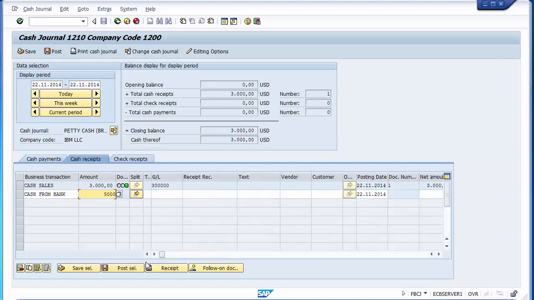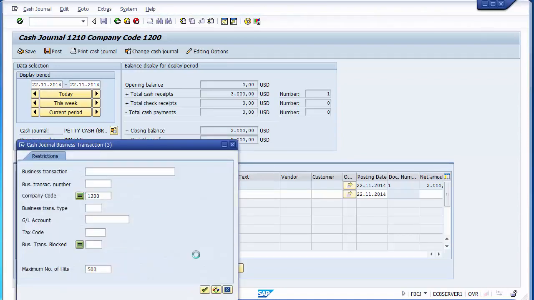But now when you click onto the enter, you will see that this GL will not update over here. There is a reason behind it. As said, in cash sales we have already defined the GL in the configuration, but in bank case we have not defined that. You want to check back, you can go to this screen again and you can open your transactions again, and now you can see,